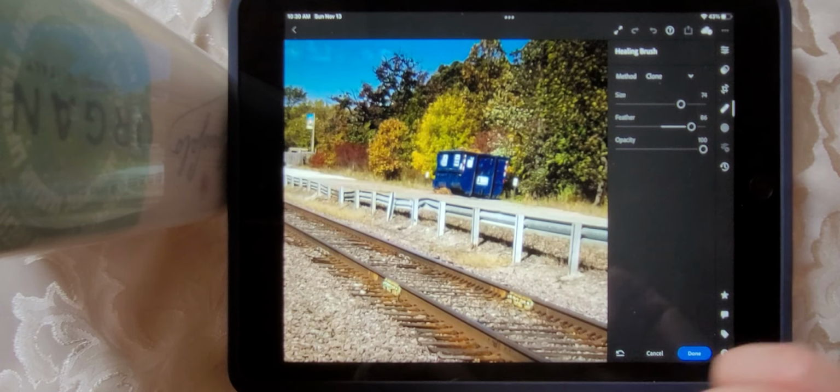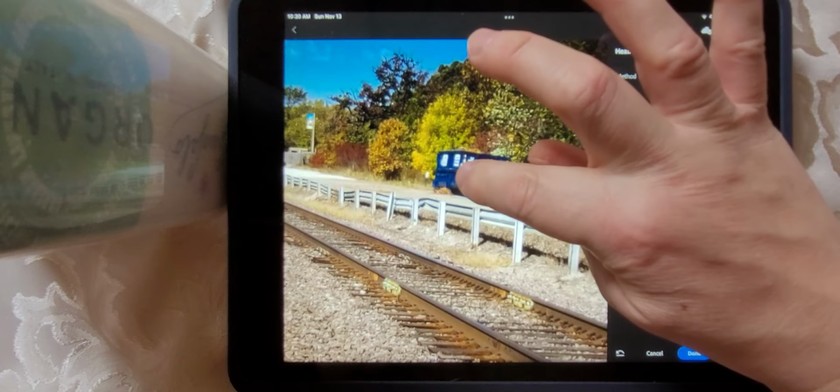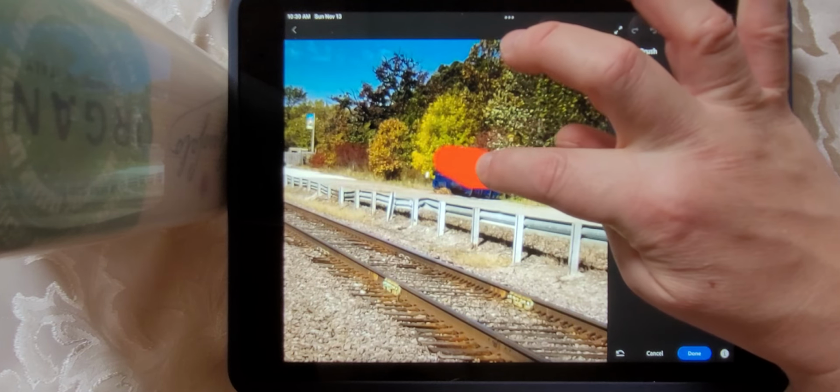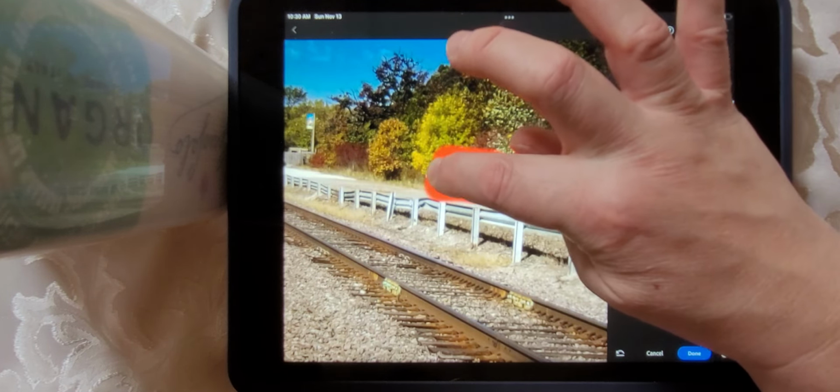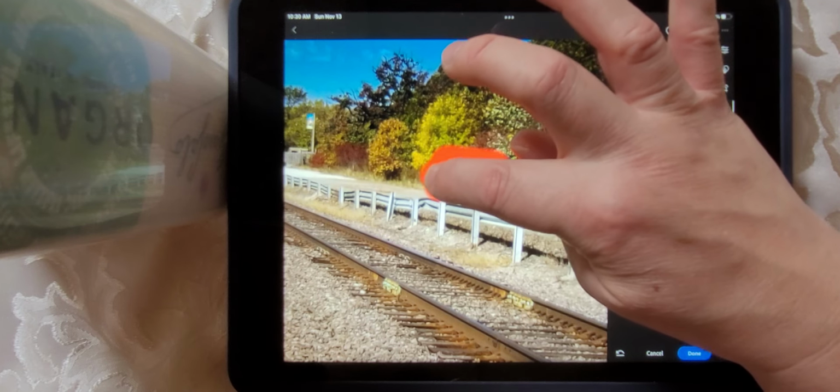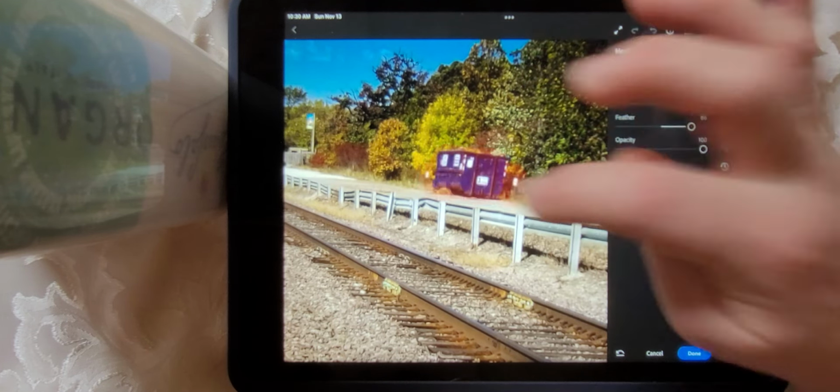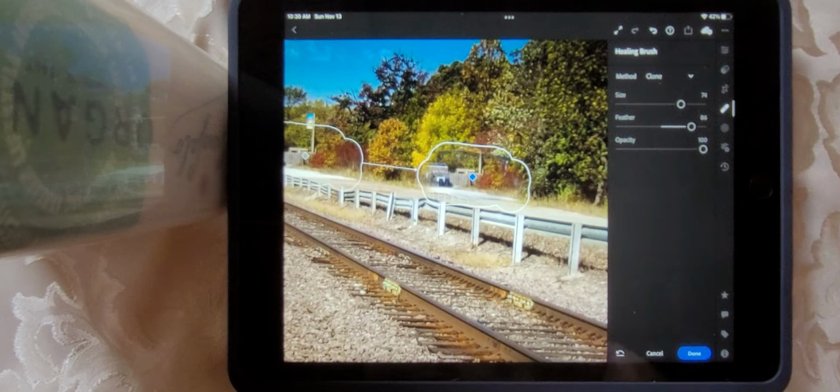So what I have to do is define my start point. So I'm trying to get rid of my dumpster. So that's what I'm going to define as the start point. So I'm going to start to draw around the dumpster. And maybe get rid of that sign there. Maybe get rid of the sign too. I don't like that sign. And I let go, and it